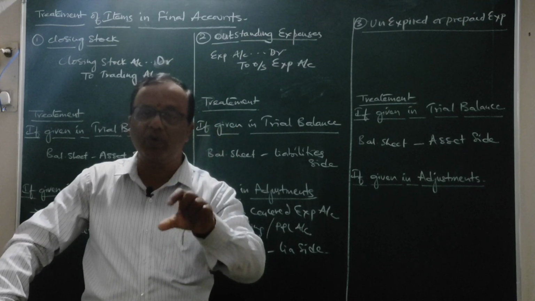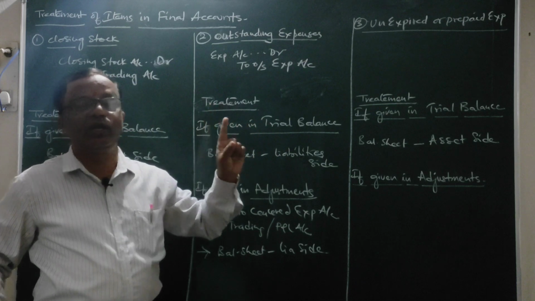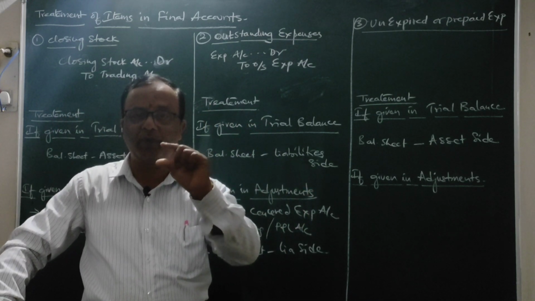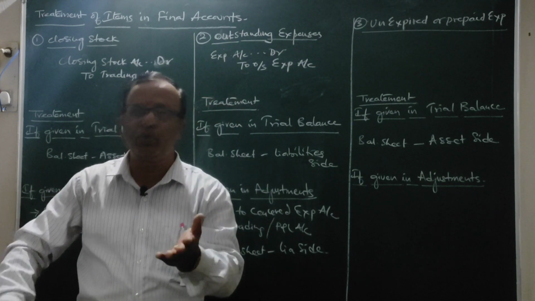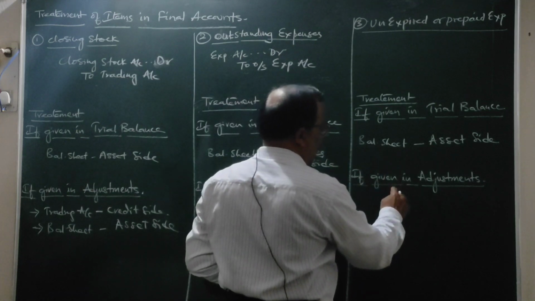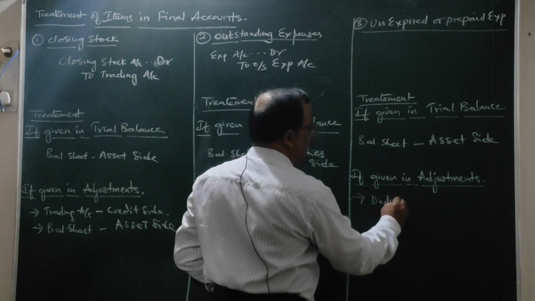If they are not taken into account, we can't calculate the correct profit for the year. So, if he has given any outstanding prepaid expense there, then in other words, the expense in the problem includes some amount relating to the next year. So what we should do is subtract it from the concerned expense account. If it is given in adjustments, your treatment will be: one, deduct from